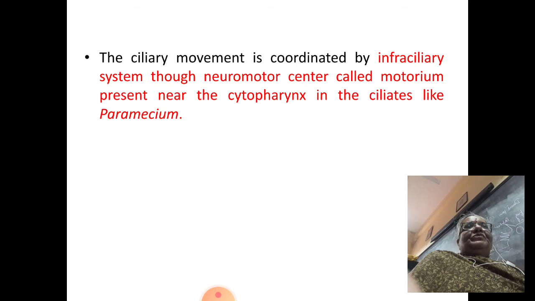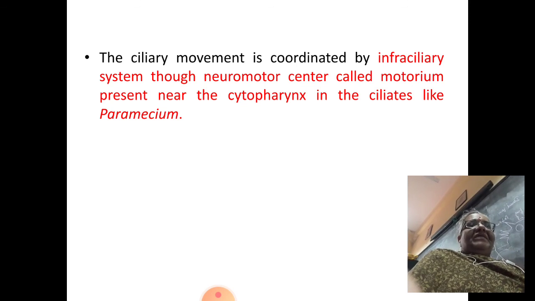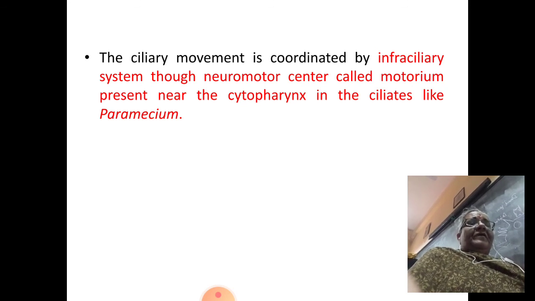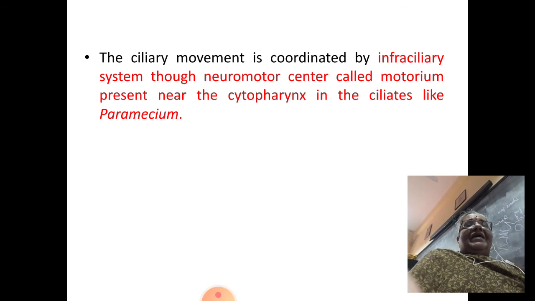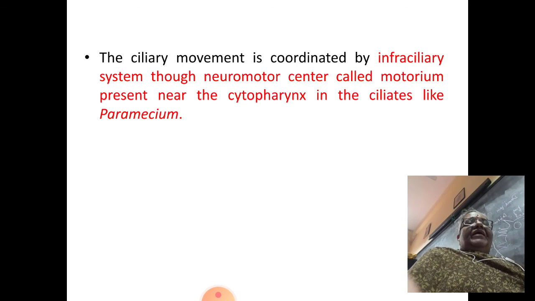If you happen to recall the diagram of a paramecium, on the ventral surface in the middle region you find the mouth, and that is followed by the cytopharynx, isn't it? So that is the place where motorium is present, and that is the place where you find the infraciliary system. This also I have told you when I taught you the locomotory organelle. So this motorium is present near the cytopharynx in ciliates like paramecium, and this is the one which coordinates the